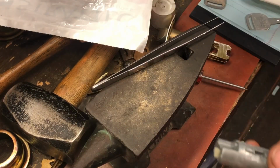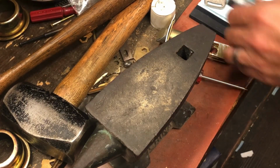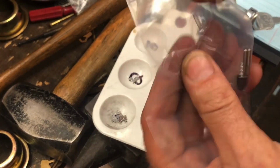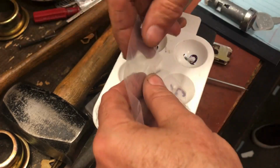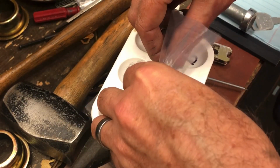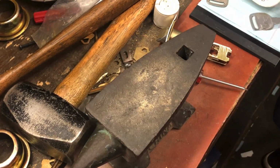And then you yell for help. I need a whacker! We need a whacker! While you're waiting for your whacker to come up, you take apart this because it's got some parts that we're going to need in there too. It's got several parts that we may or may not need. Some ignitions use them, some don't. I need a whacker! Whacker! I can't say it now that you have me on camera, but...